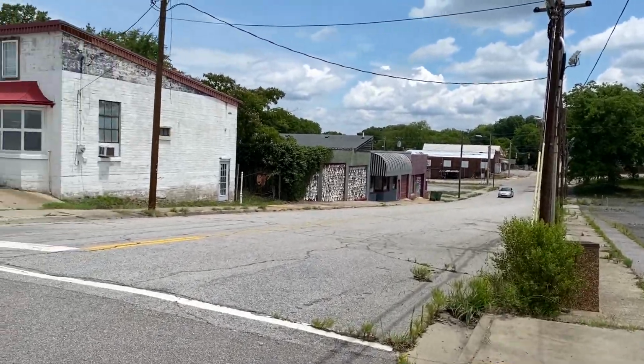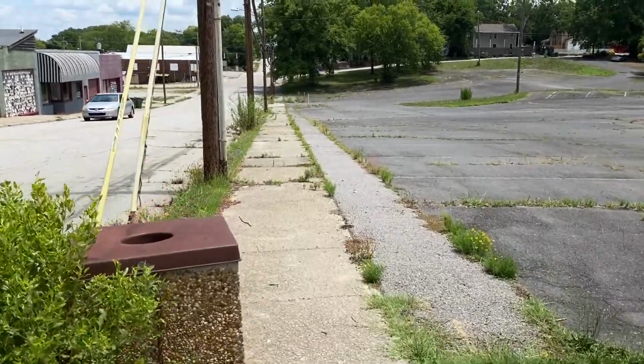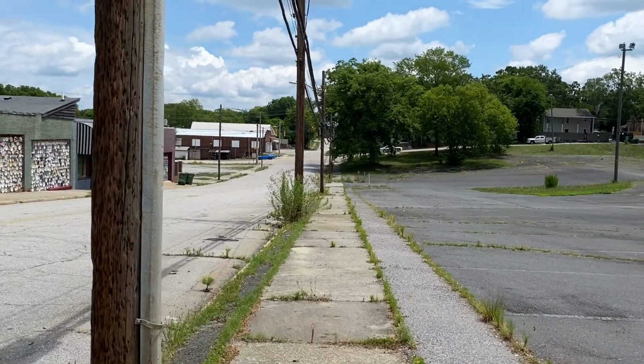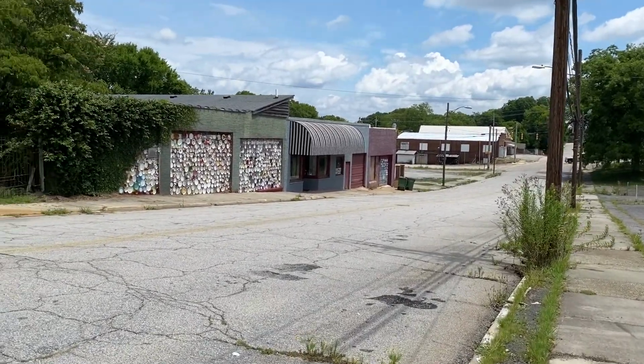As you get out of town here, sidewalks is not took care of as much. You need to come down here and fix this up. Every part of your town's got to look good if you want people to come in here. Yeah, got a lot of